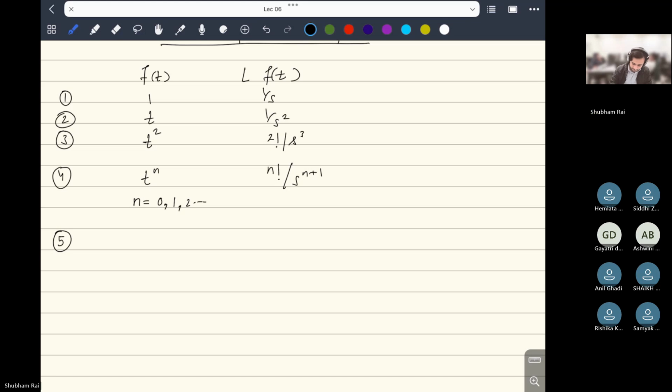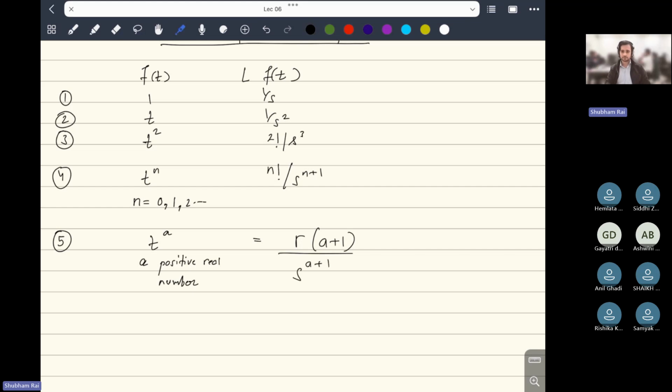So, and then let's say we have t raised to power a. Now a is a positive real number. Our Laplace transform will be gamma function, gamma of a plus 1 divided by s to the power a plus 1. And you would have studied gamma function, right? So I think as far as I remember, gamma function is at least,